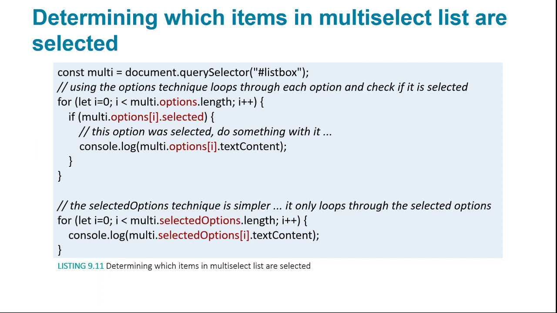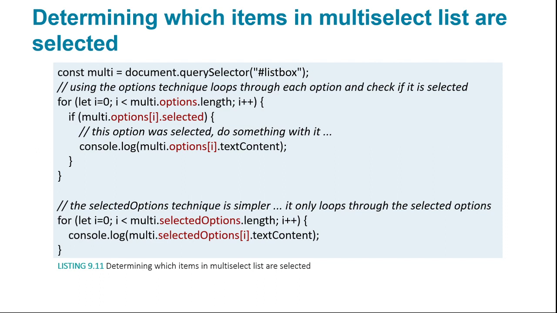In general, it's better to use a checkbox because it's built for that. The way it uses those is through a list item, like an array. So what we've got here is a variable called multi that is grabbing the ID of list box, and then